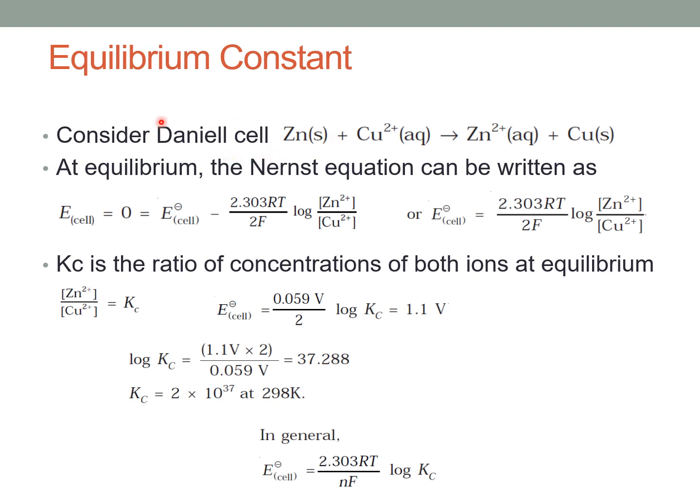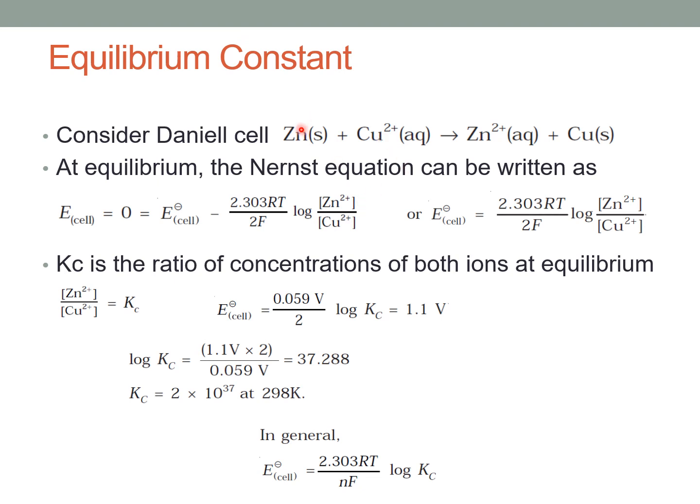for example, if you consider the Daniell cell, zinc kept in zinc 2 plus solution, and solid copper metal kept in copper 2 plus solution, correct? And what will happen if you externally connect the cell, as we saw in the previous video? If you connect the cell, what will happen? It gives a potential of 1.1 volts. If I connect a bulb or some component such that it uses that power, what will happen?